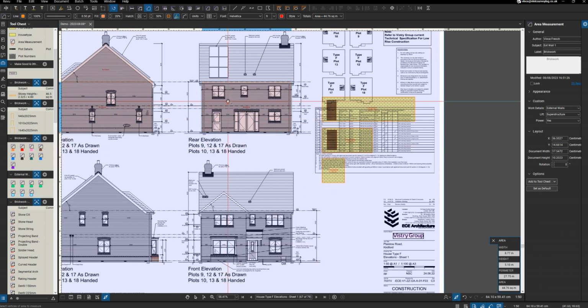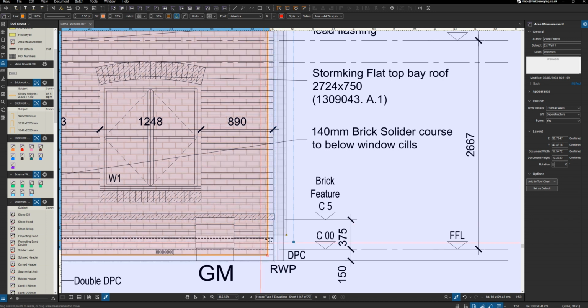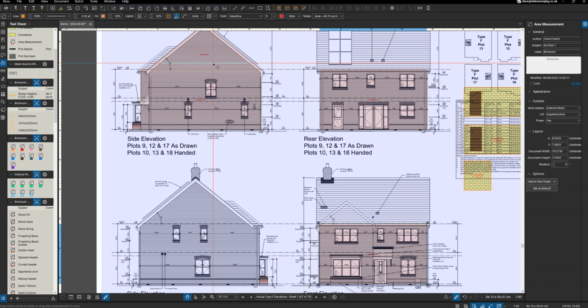So what we're going to do now is quickly cheat. Well, not cheat, but we're going to take this one here. Control and Shift. Sorry, just Control and bring that down. That copies that. Let's place it in the right position. Get it on that DPC line there. And before we move this, we're going to quickly come over here, change this, and it says superstructure at the moment. We're going to move that to top out,